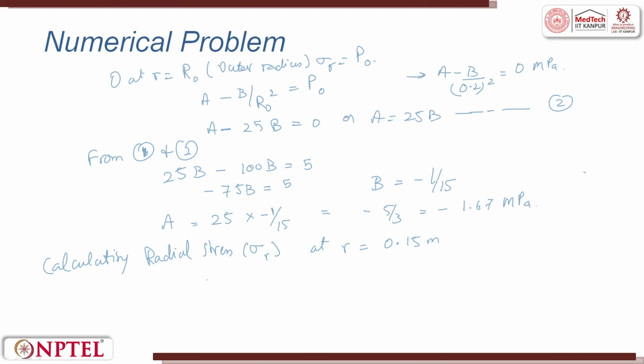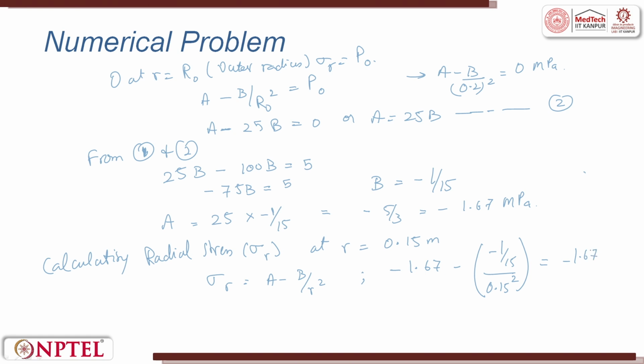The formula is sigma r equal to A minus B by r square. You substitute the A and B values, which is minus 1.67 minus of minus 1 by 15, divided by 0.15 the whole square, which is equal to minus